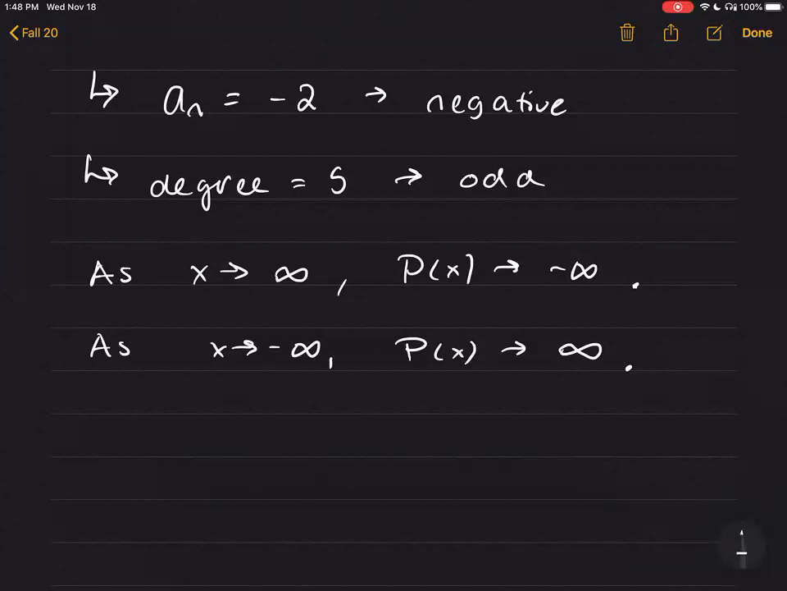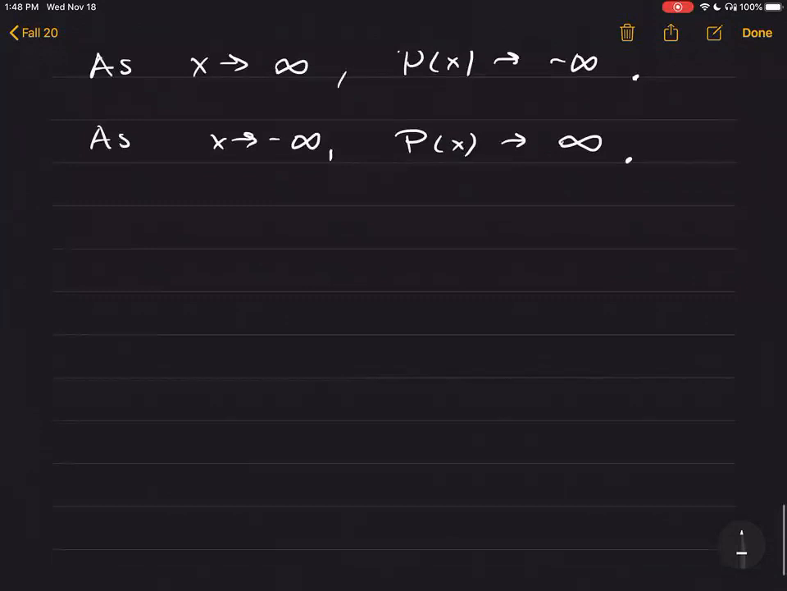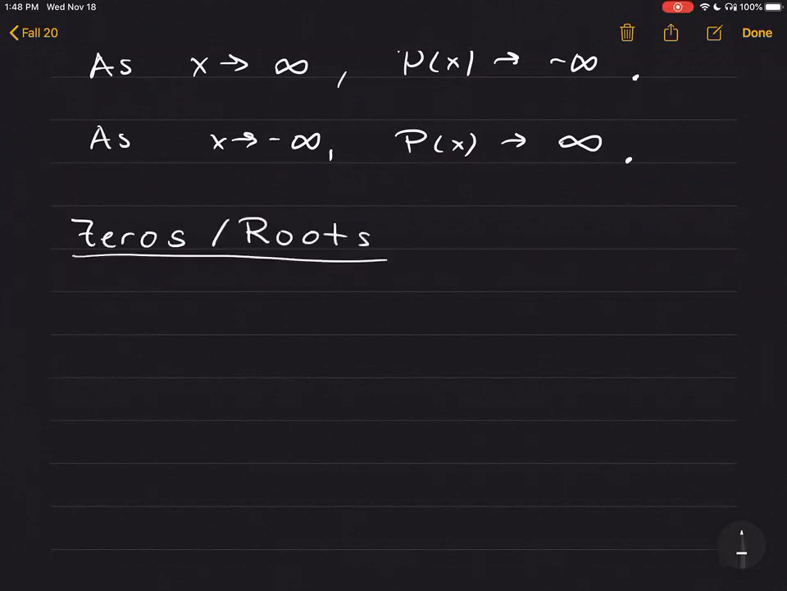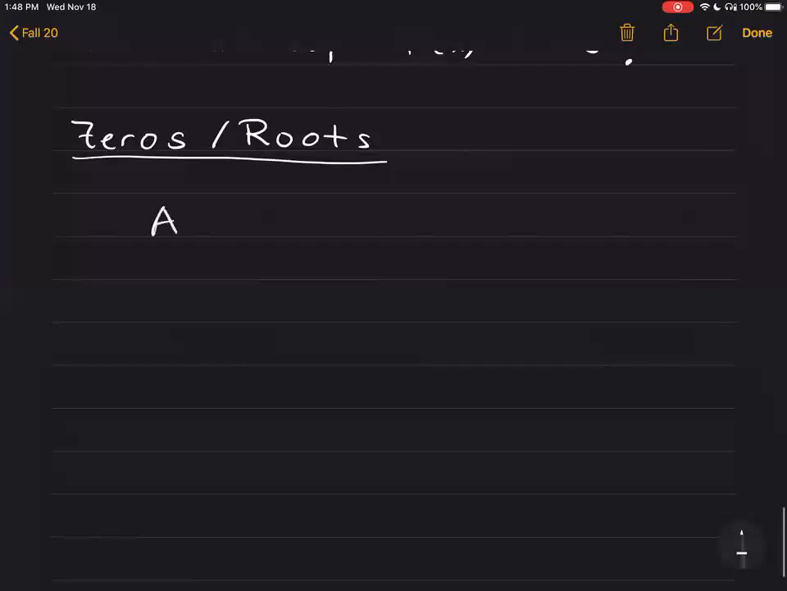And so looking at the end behavior is one way to do this, so we know where the arrows should be going. But the next tool that we're going to cover is finding the zeros or the roots. Same thing, just 2 different words for it. So a zero, or a root, if you prefer, of a polynomial